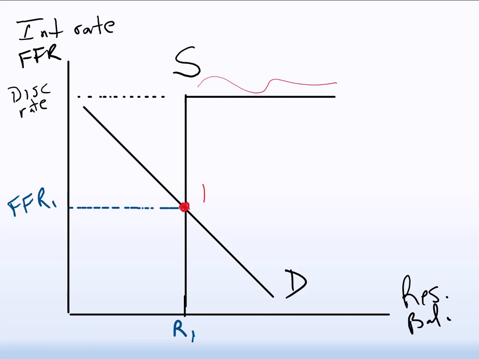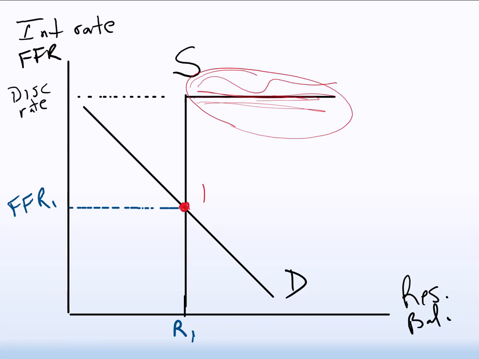And here we're just assuming there's one discount rate. Normally, the length of the horizontal part of the supply curve is 0. So normally, this part right here is 0. In other words, the length is 0. Because under most circumstances, there's not much in terms of discount window action. There's very little discount window action, so the length of this line is rather small compared to the way I have it drawn here. But nevertheless, if there's a surge on the discount window, this horizontal line, this black line, gets longer and longer, and it just shows you that there's an increase of reserves supplied